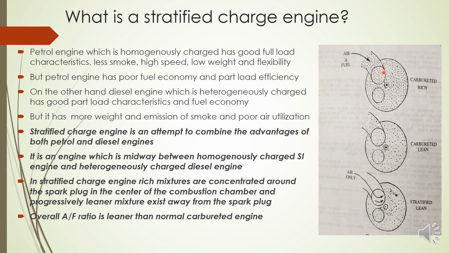Now you can see here, this represents a rich condition of a homogeneously charged petrol engine. You have more fuel atoms. These dots represent fuel atoms or molecules. So you can see here, in a normal SI engine, a rich condition means it will have more fuel, but it will be uniformly distributed. Similarly, a lean mixture means it will have less fuel, but it is also